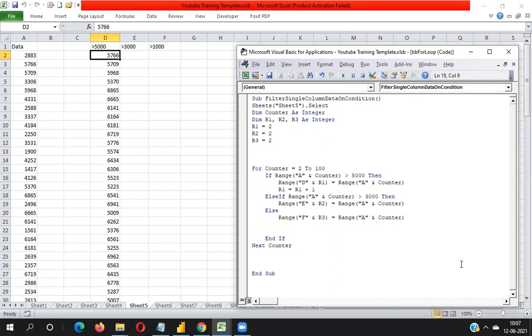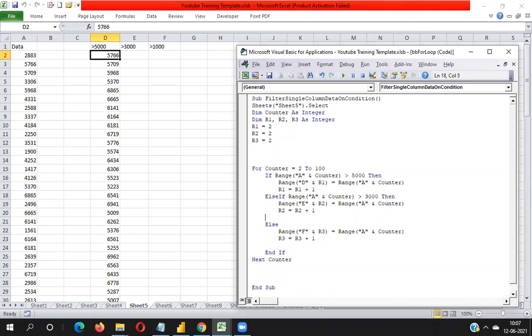And one more thing I forgot: here I have not increased the cell reference. R2 equal to R2 plus 1. Okay. And again here I need to write R3 equal to R3 plus 1.